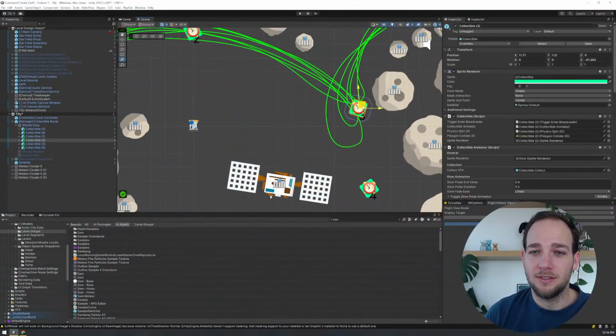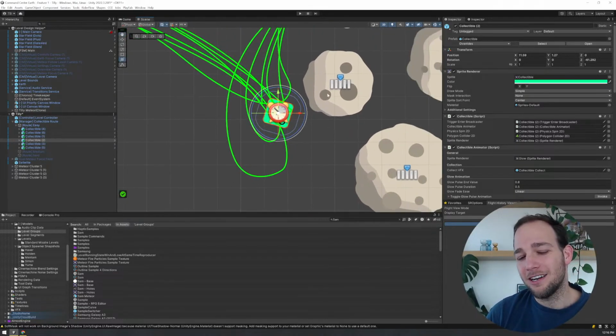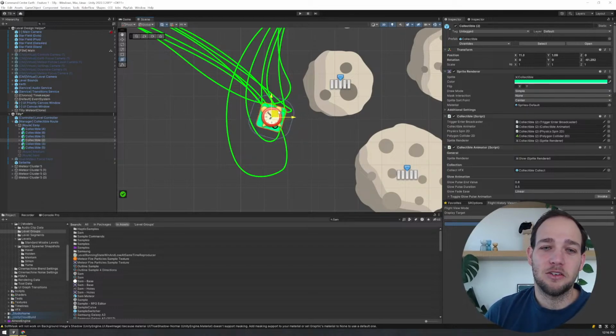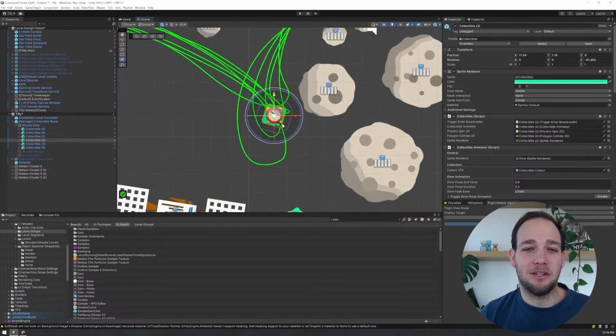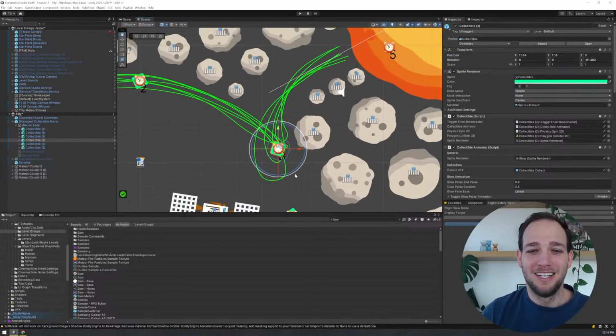But if I put this collectible here, I'm putting it relatively close to this meteor. I know that when people get close to meteors, especially for an easy route, they tend to freak out a little bit, and that makes them lose a lot more. So I try to put it just a little bit off, to give them a little more mental space, I suppose, to not screw up.